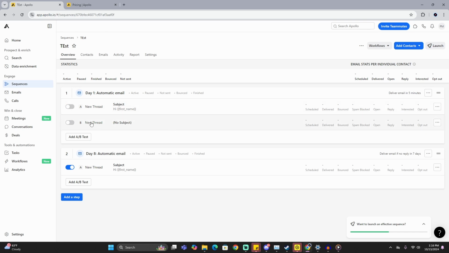I guess, seeing that I mentioned that, now is a good time to showcase that here's all the statistics you're going to see for the individual steps. So once you start sending these emails to the contacts, right here is where we're going to see how many emails are scheduled for this step, how many have been delivered, bounced, spam blocked, how many people opened them, replied to them, things like that. You know, we have interested and how many people opted out as well. So this is where you're going to see the statistics of the actually individual steps, and then up here as well, you will start to see the overall stats of your